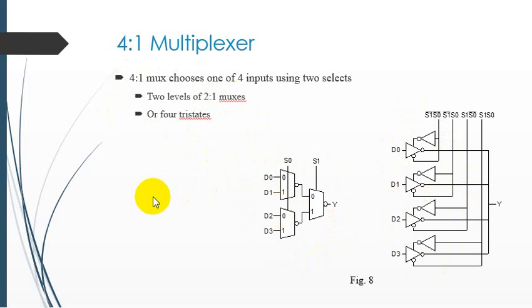So now you are supposed to develop your 4x1 multiplexer with the help of the transmission gate and with the help of the compound logic, so you can feel the difference of how we can reduce the size of our transistors with the help of the transmission gate or the compound logic.